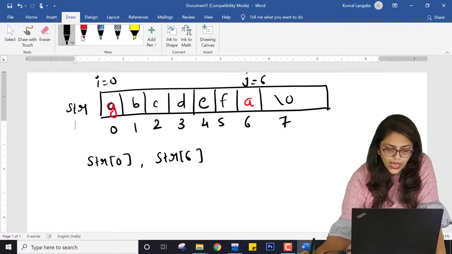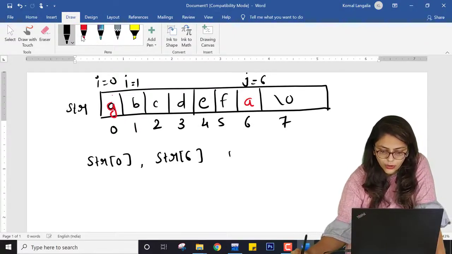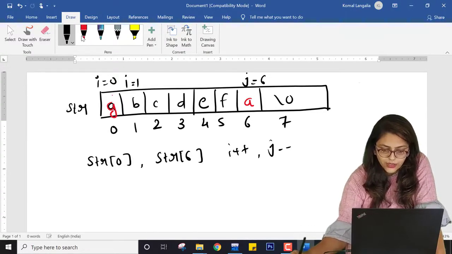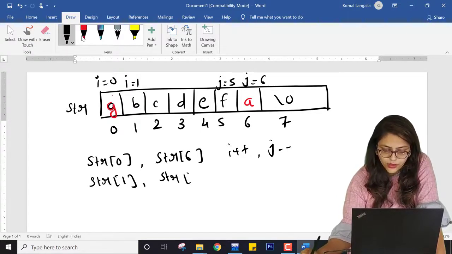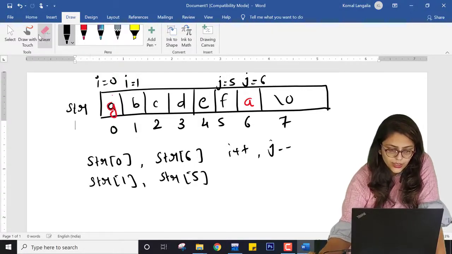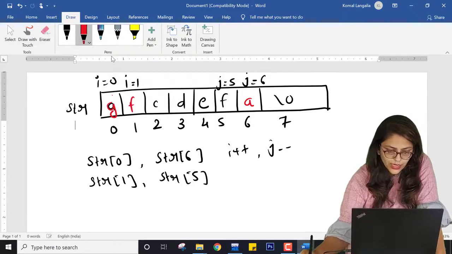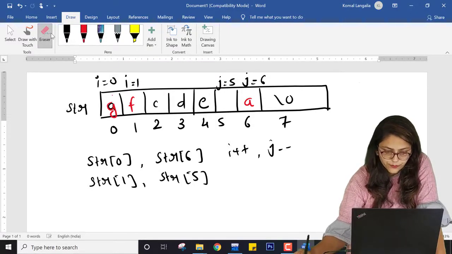Now I do I plus plus and J minus minus, so I will become 1 and J will become 5. Now I am going to swap str of 1 and str of 5, so here it will be F and here it will be B.